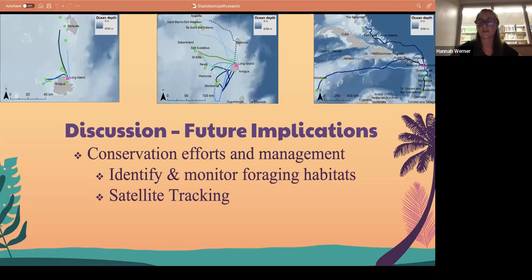And by identifying those foraging grounds, we're able to identify and monitor their foraging habitats. And so that way we can look into specifically what they're eating and how they're living in that specific environment and decide whether or not that environment is completely changing or what else we're noticing within the environment. That would help us discover more things about the population and make more inferences about their diet and why the